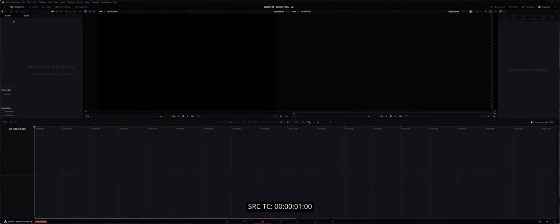Here we are in DaVinci Resolve on a new project, and the first thing I'm going to do is create a couple of bins for my two cameras. So that's the A9 III, and a second bin for the DJI Pocket 3. I'm then going to select the A9 III bin and import media,